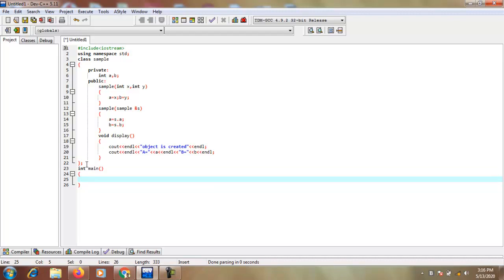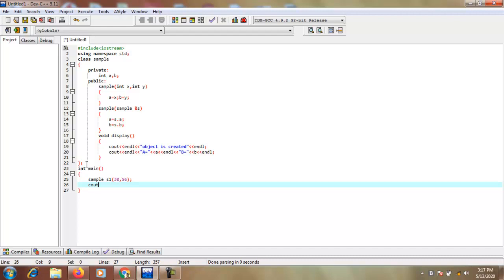Okay, so first I create an object with the parameterized constructor. So sample, the name of the class, then the first object is created and the values are passed there. Okay, and here first I display something, that is "first object is created by the parameterized constructor".